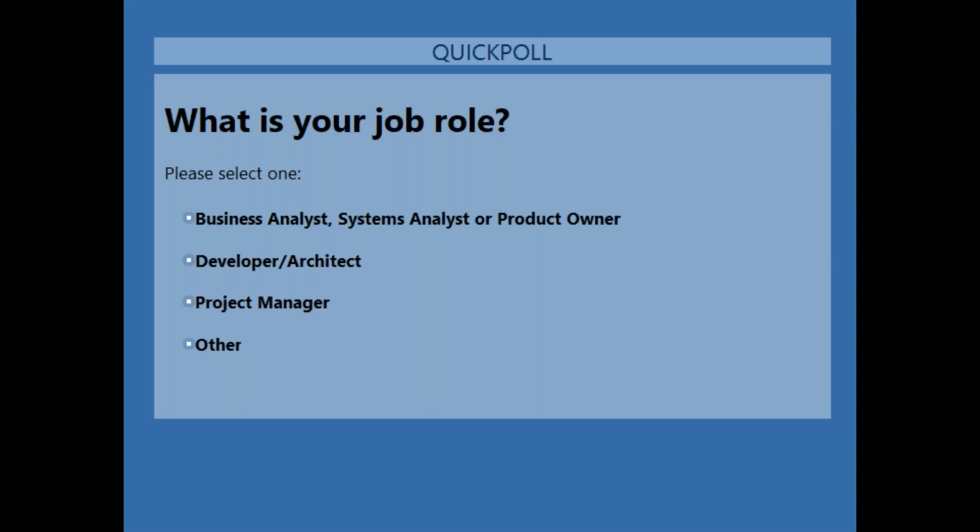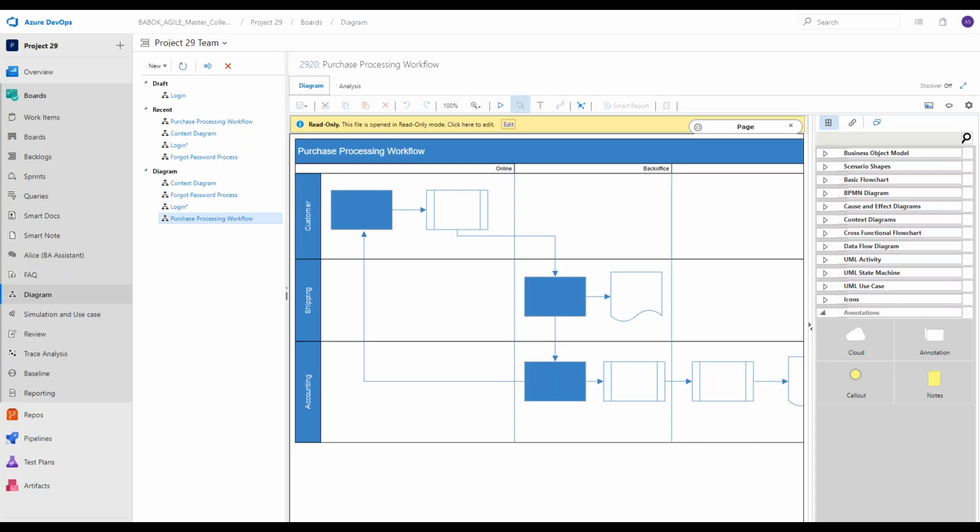And so it looks like about 2/3 are business systems analysts, and there's an equal distribution amongst the other roles. So that's the response we have gotten. And now let's do the next question,